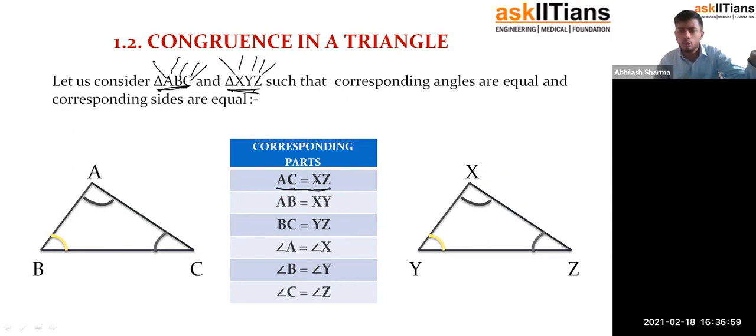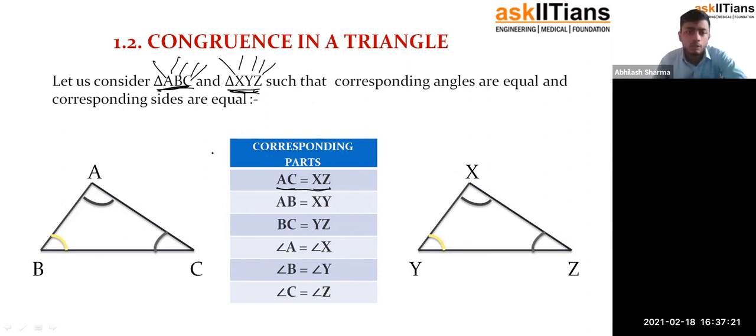Forget about congruence right now. Just focus on whenever we have two triangles and have named them in a certain way, how do we consider their corresponding parts? That's what we need to first understand. Then we will talk about